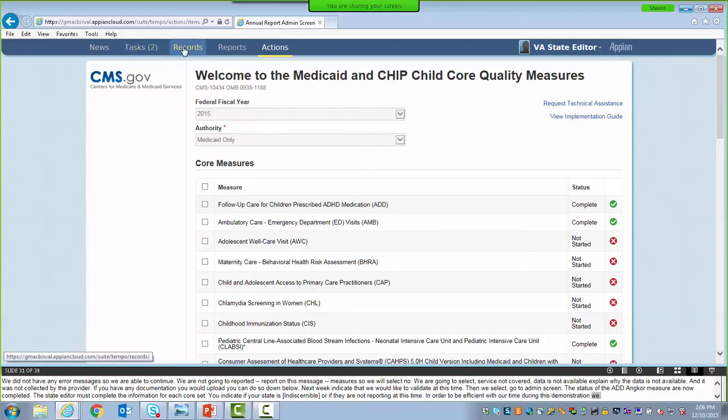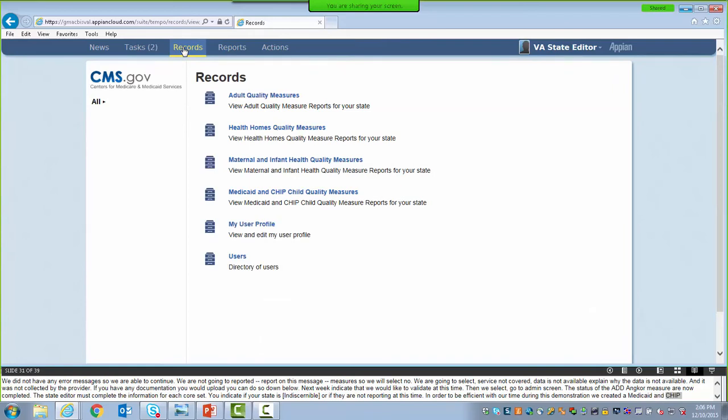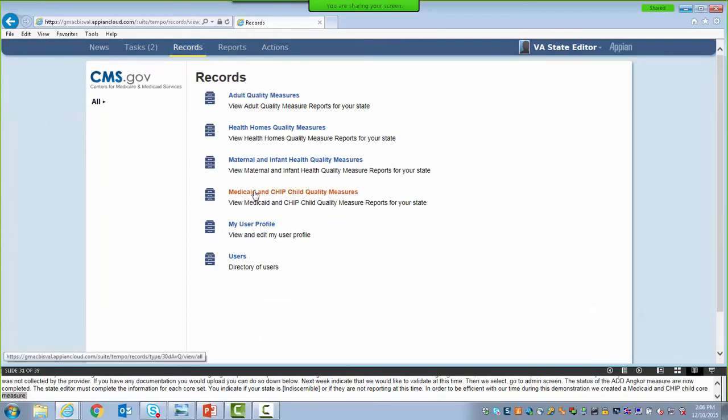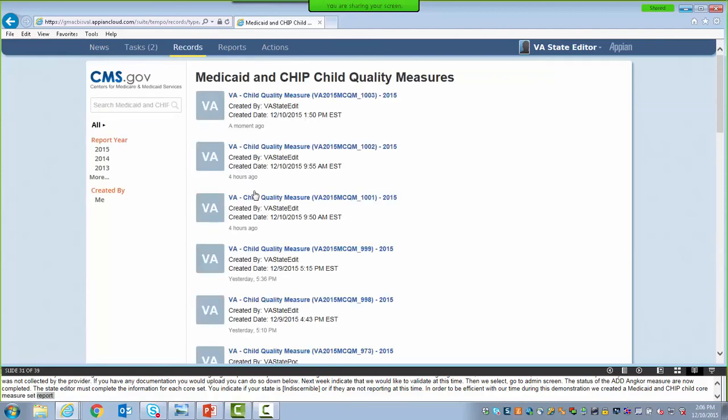To access reports that you're in the process of working on, you can do so by going to the Records tab at the upper toolbar. Select Medicaid and CHIP child quality measures. And then we will choose the report we created earlier today. You'll notice that there's a report that we created a moment ago, and that report ends in 1003. But we're going to select the report with the package ID Virginia 2015